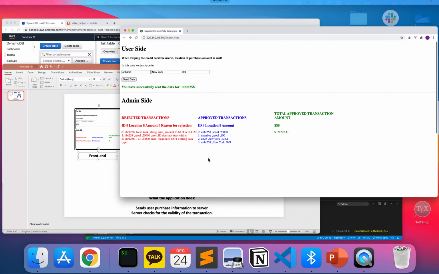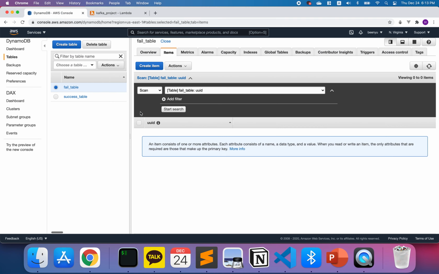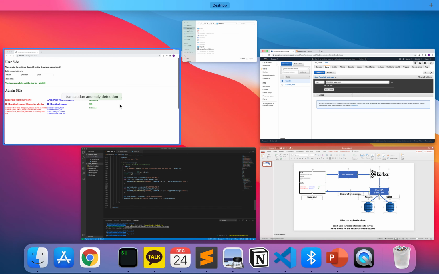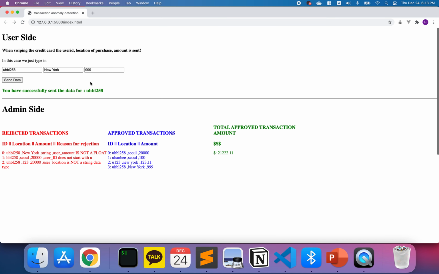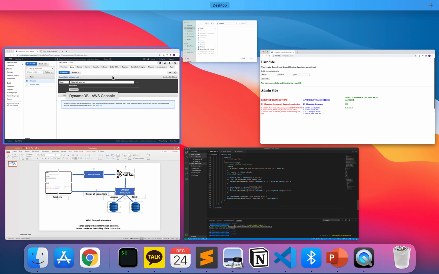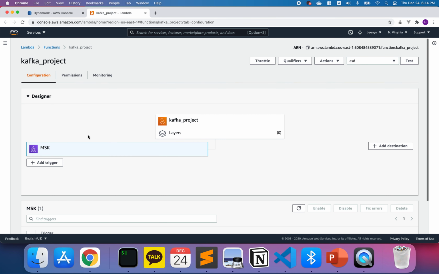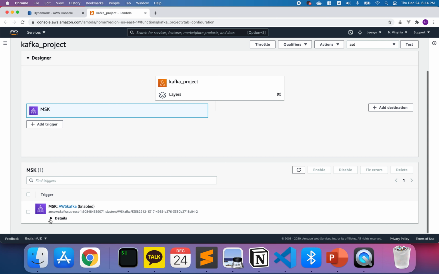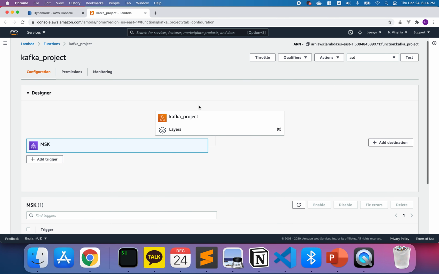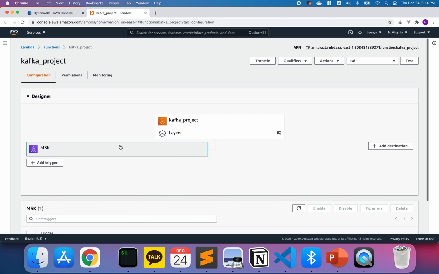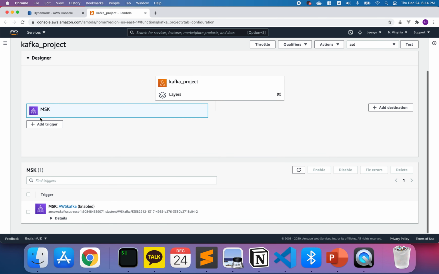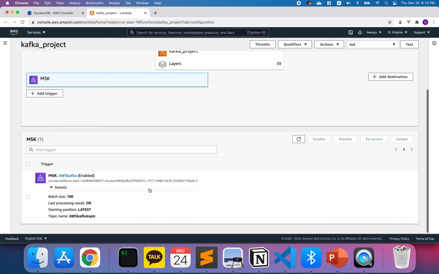And if you take a look at the way it works, again, whenever a user creates data here, it will send the data to Kafka through an API, and once Kafka consumes the information, it will trigger the Lambda function here. So data is fed into MSK, MSK then triggers the